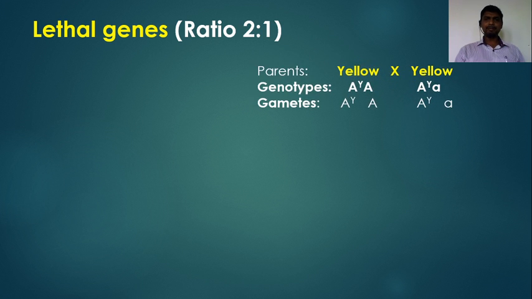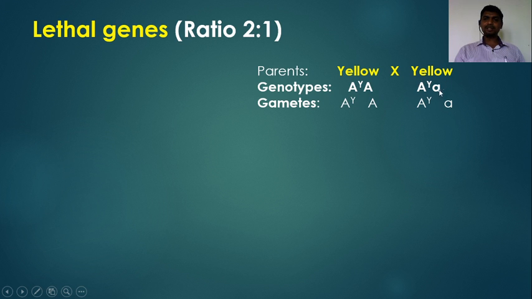When a cross is made between two yellow coated mice, one having the genotype capital AY, capital A, and another having the genotype capital AY and small a. The first yellow parent is the hybrid of yellow and agouti, while the other parent, also yellow coat colored, is the hybrid of yellow and black. Yellow is dominant over both agouti and black, so a cross between yellow and agouti forms yellow progeny.